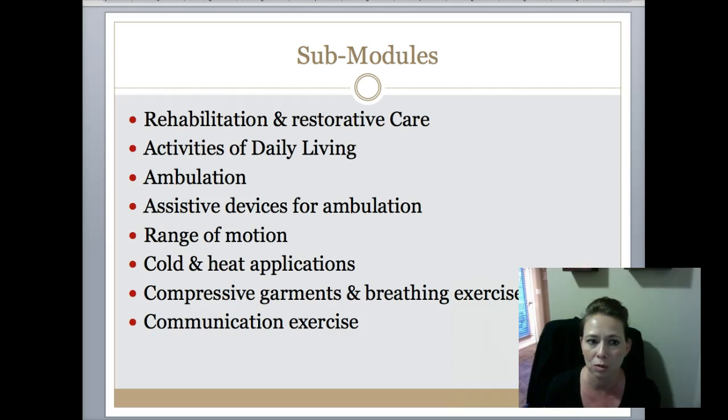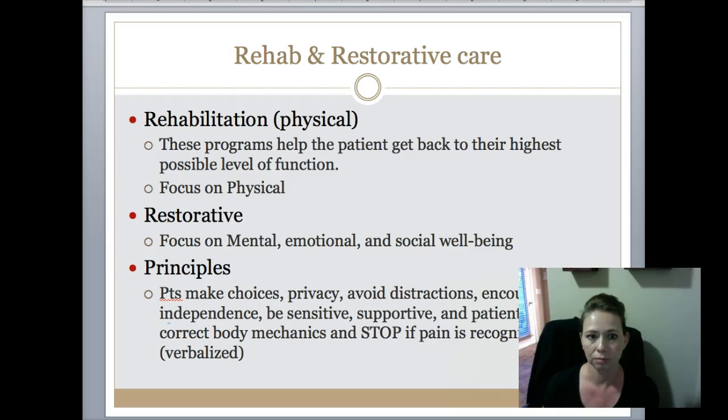The sub-modules for this module are rehabilitation and restorative care, activities of daily living, ambulation, assistive devices in ambulation, range of motion, cold and heat packs, and compression garments and breathing exercises, and then you have a communication exercise. The rehab and restorative sub-module is going to go over physical